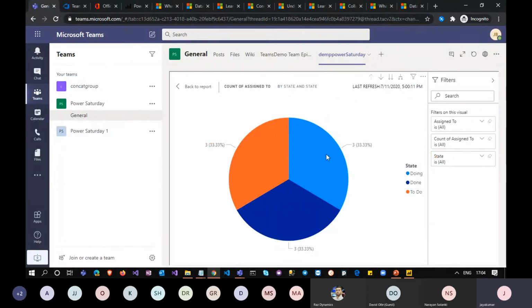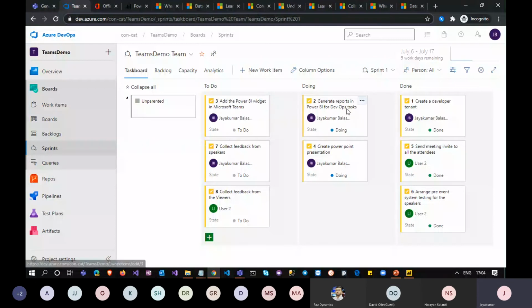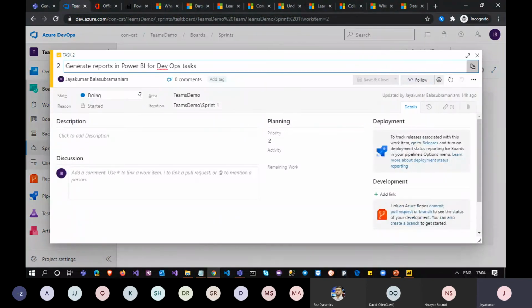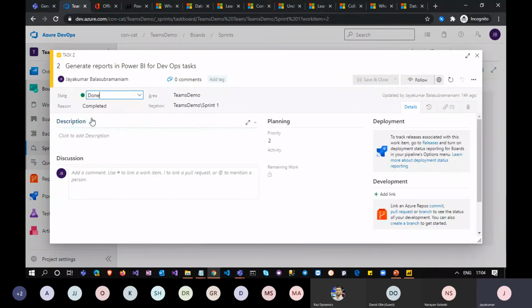For example, here I can see that some tasks are in doing status, which means in progress, and the count is 3. I think I have 9 tasks, so all are equal. Let me change some task from here. For example, this is the generate reports for dev task. I have completed that, so let me mark it as done.